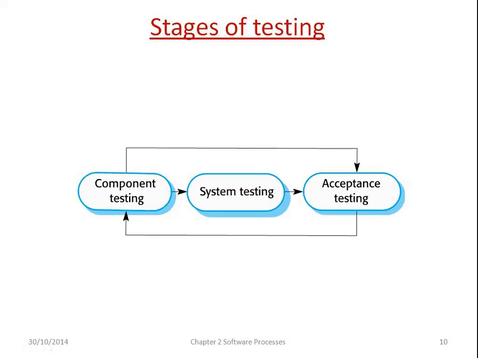The combination of all the software components are the examples of software components. First you have to test the components, and then you integrate all the components. That becomes system testing, and then the customer can accept the system or not, which is acceptance testing. If it is not accepted, it is tested once again, system testing, acceptance testing. So this cycle is called the stages of testing.